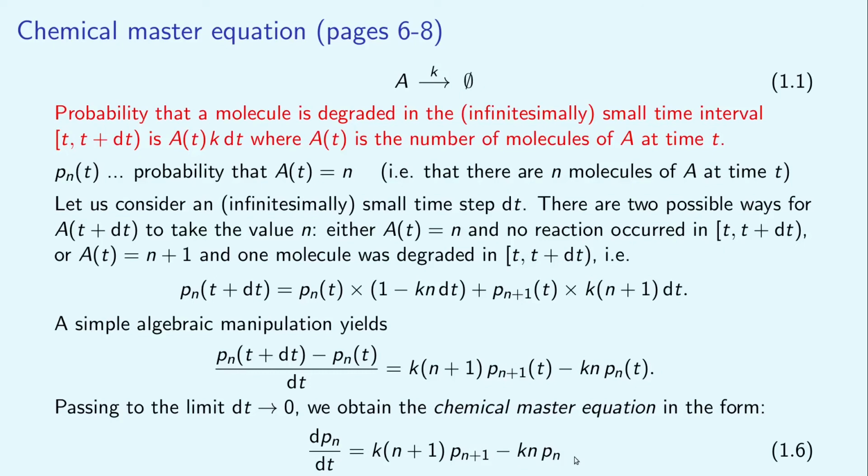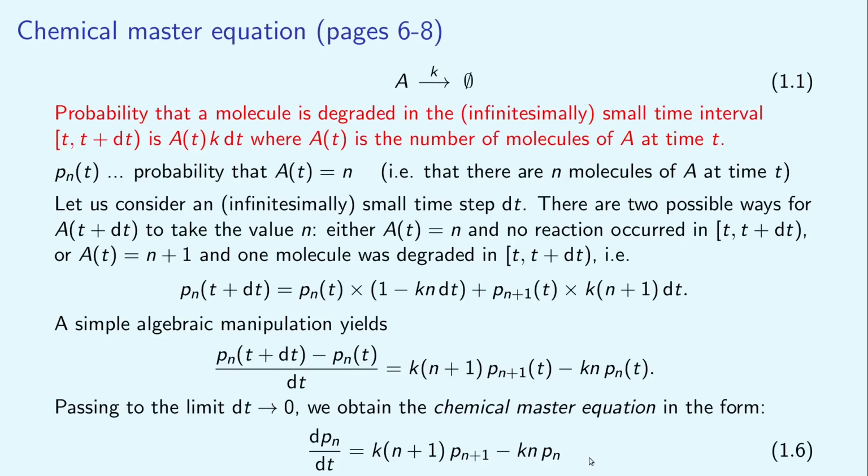The chemical master equation is equivalent to the SSA and will be our starting point for the analysis of simple chemical systems. So you should be able to derive it for any chemical system. We will see a few more examples of chemical master equations in our initial lectures. It is an equation for probability which contains two terms on the right hand side for each reaction, the gain term and the loss term.